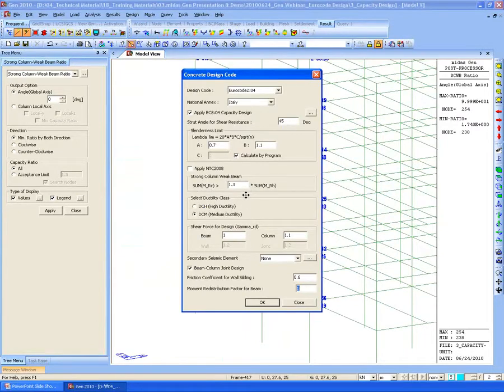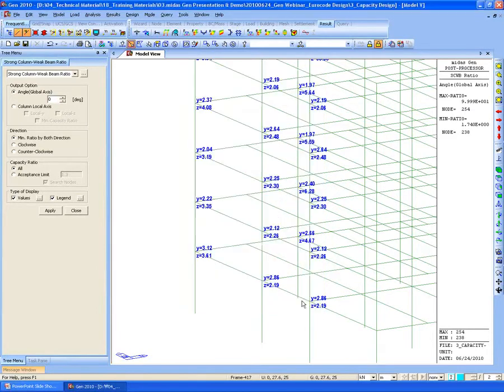The summation of the beam moment resistance times 1.3 should be smaller than the moment resistance of the column. In order to check if this rule is satisfied or not, we can use this function, strong column with beam ratio. In the model view, we can see if there is any member which is not satisfying 1.3, which is less than 1.3 or not.